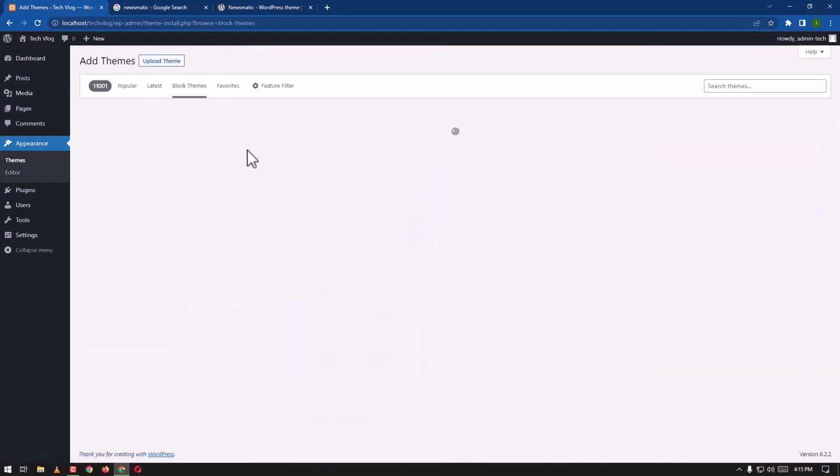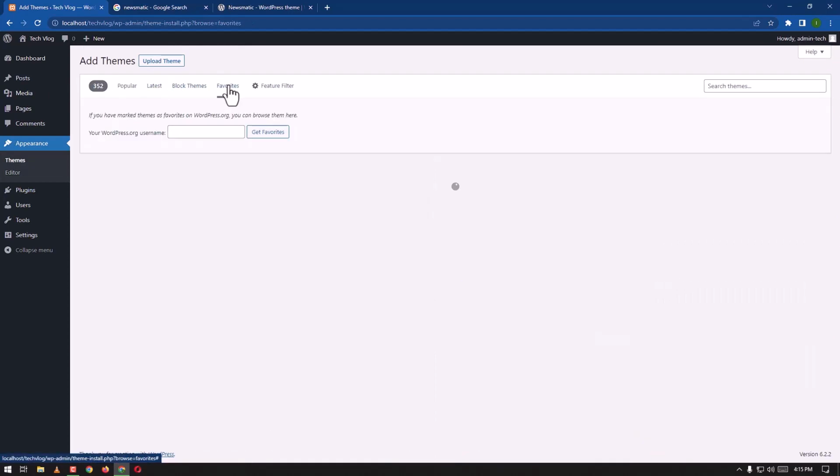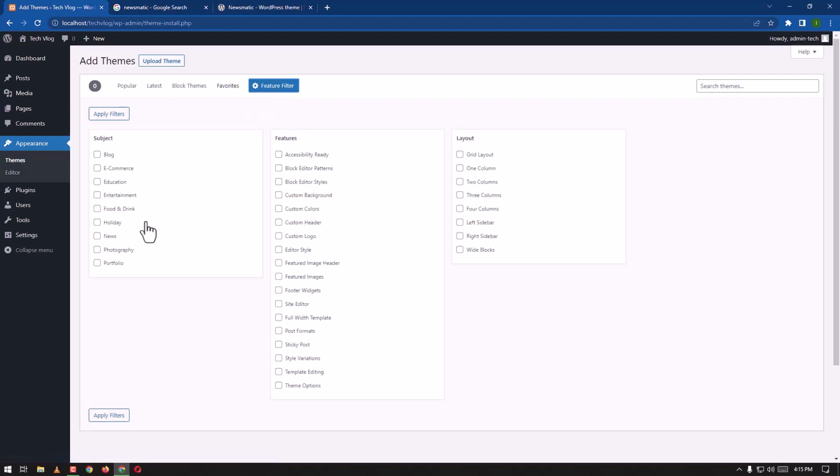Here we have blog themes. Here, if you have any favorite themes, they're going to show here. I haven't pinned any of them yet, so here we go to the feature filters. Here we can use filters and then search, for example, the blog, e-commerce, education, entertainment, food and drink, holiday, news, photography and portfolios. Here in features we have accessibility ready, blog editor patterns, blog editor styles, custom background,